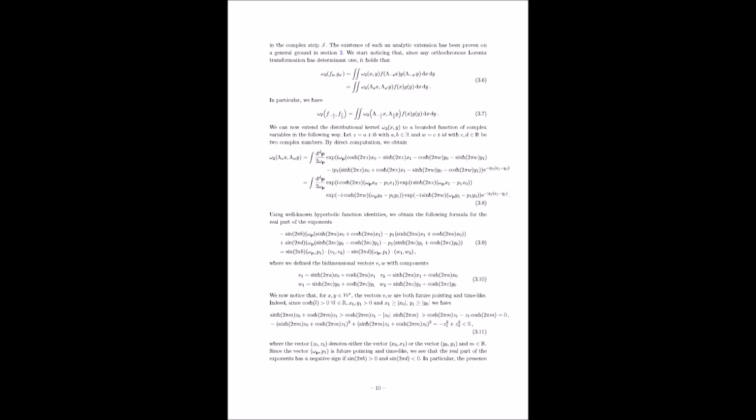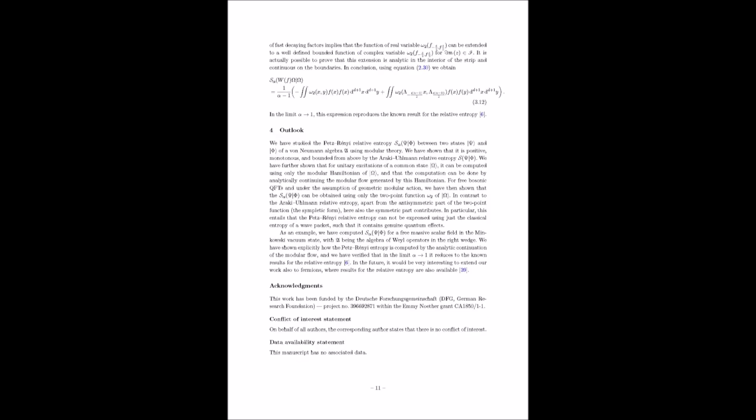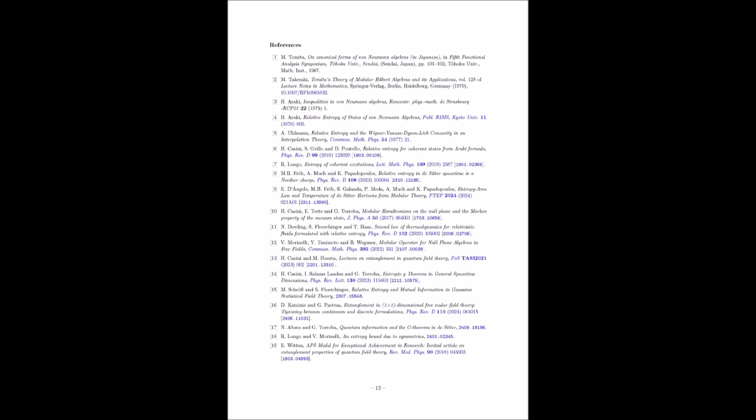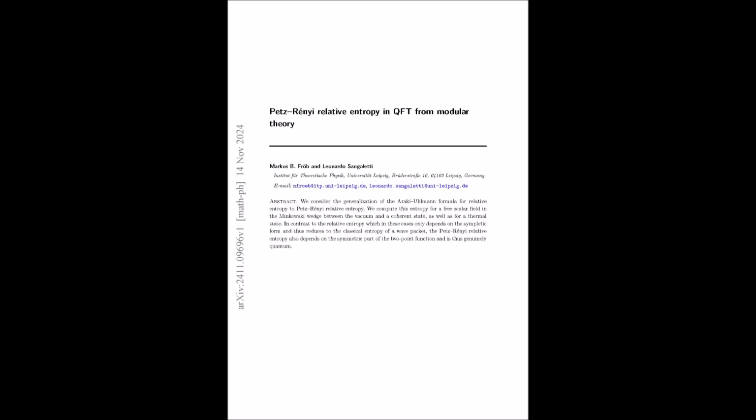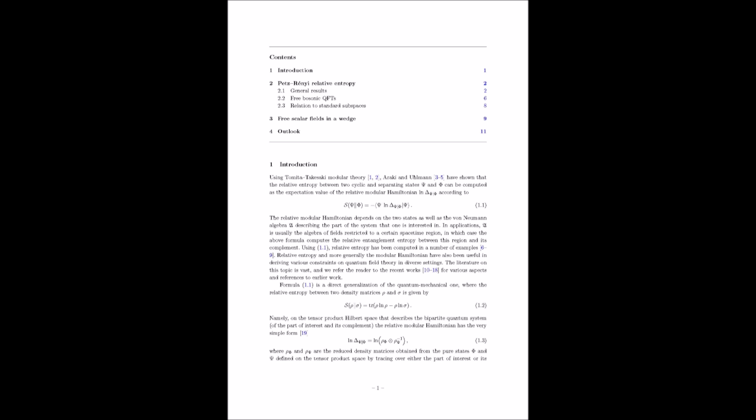The contour deformation involves carefully shifting the path of integration in the complex plane, taking into account any poles or branch cuts that might be present. The goal is to express the integral in terms of quantities that are directly related to the modular operator and its complex powers. And how do we make that connection to the modular operator? The key insight is that the complex powers of the modular operator can be represented in terms of integrals involving the boost operator. Remember, the Bisognano-Wichmann theorem establishes a connection between the modular flow and boosts in the right wedge. So by relating the contour integral to the boost operator, we're essentially bringing in the modular operator through the back door.